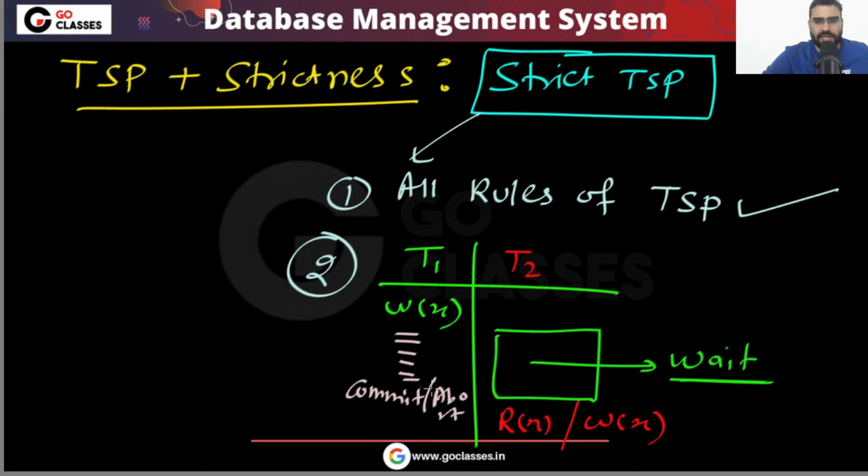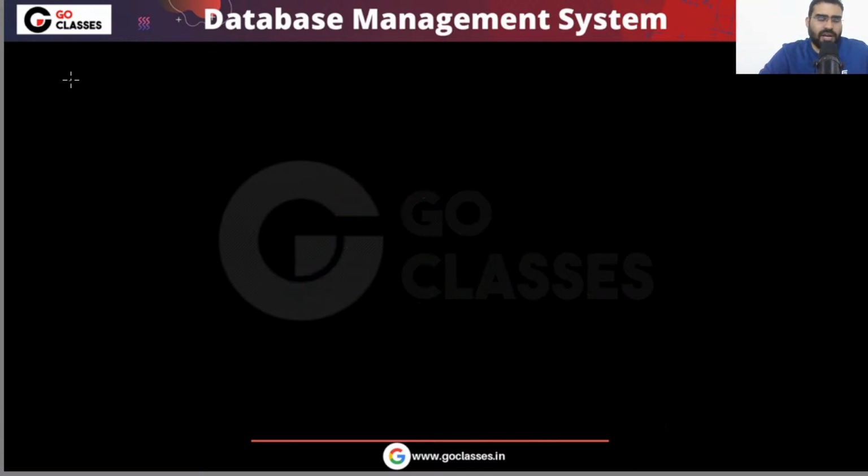You have to wait until the commit or abort of this transaction T1. Remember this point: of course, the timestamp of T1 is less than the timestamp of T2, because if the T1 timestamp is more, then definitely this will abort. Then this will not wait. Let's assume T1 timestamp is more than T2,